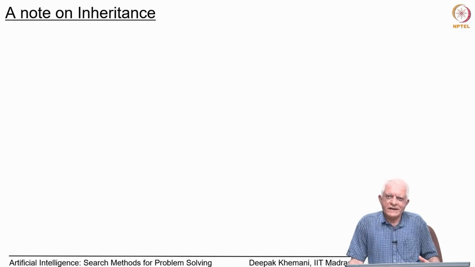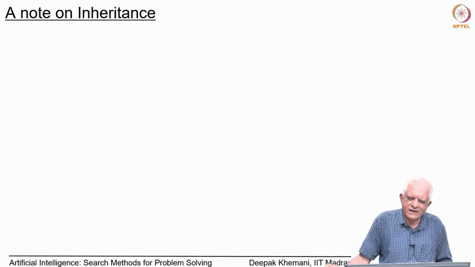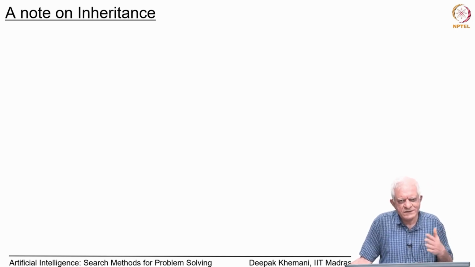A note on inheritance here essentially. Inheritance is something of course we have not been speaking about in this course at all. We have been talking about search methods for problem solving, and we have been trying to see how search is integrated into different kinds of problem solving activity, for example in rule based expert systems. But just to mention in passing, since we just saw this network,